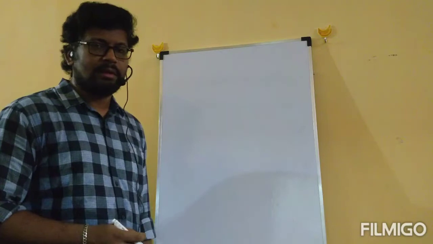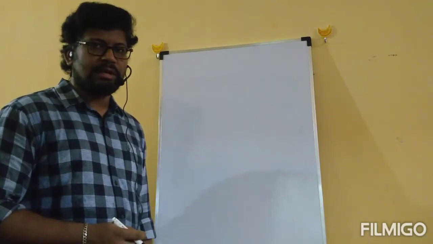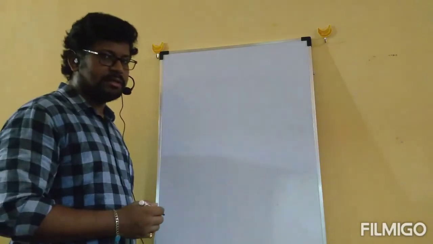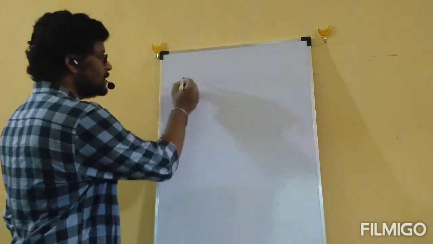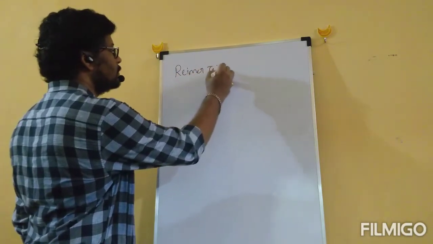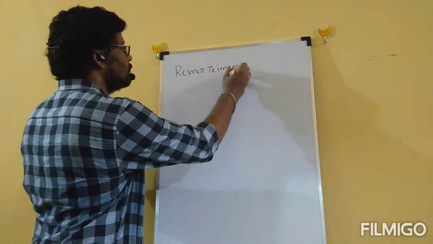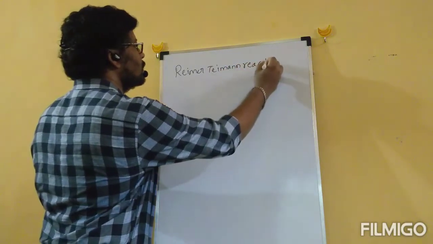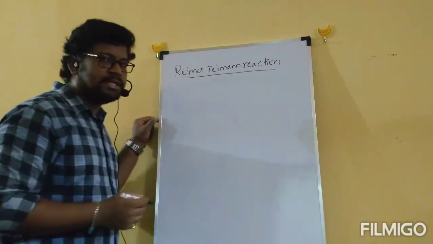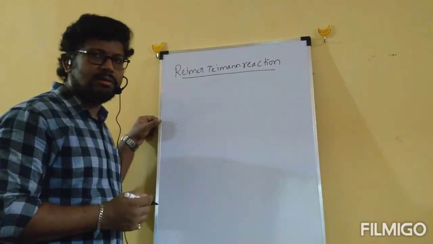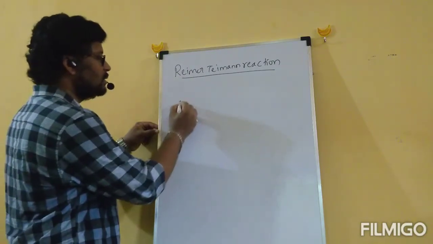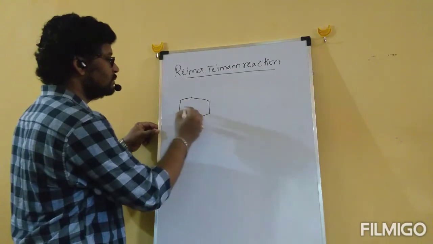Very good morning, students. In yesterday's class, we completed up to Kolbe's reaction, and we will continue the topic. In today's class, we will go through the Reimer-Tiemann reaction. This Reimer-Tiemann reaction involves the conversion of phenol to salicylaldehyde, in which, in the first step, phenol reacts with